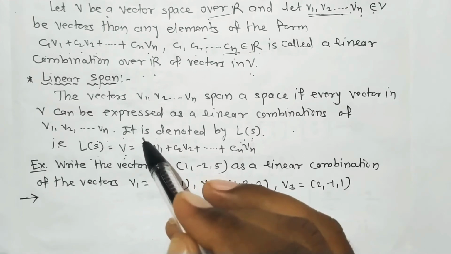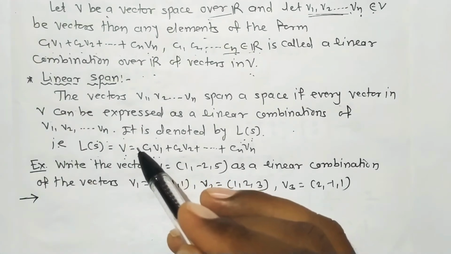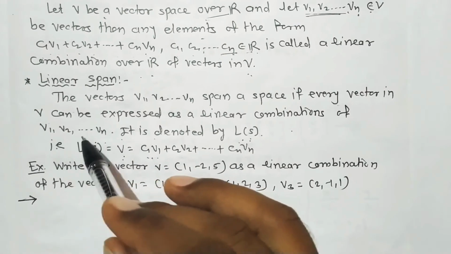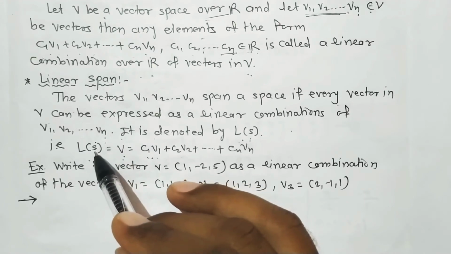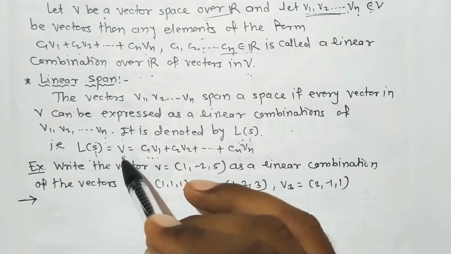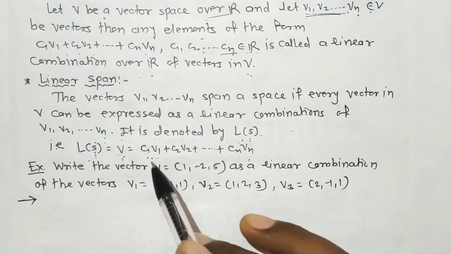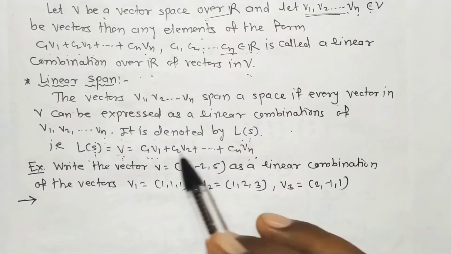Means suppose we take any one vector in V, say ABC, and we express that vector as a linear combination of V1, V2 up to Vn, or that vector is say S, or V be any vector, and if you write V as a linear combination of V1, V2, Vn, that is C1 V1 plus C2 V2 plus so on plus Cn Vn in this form,